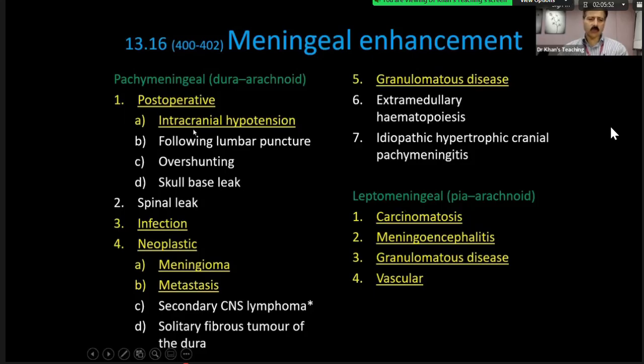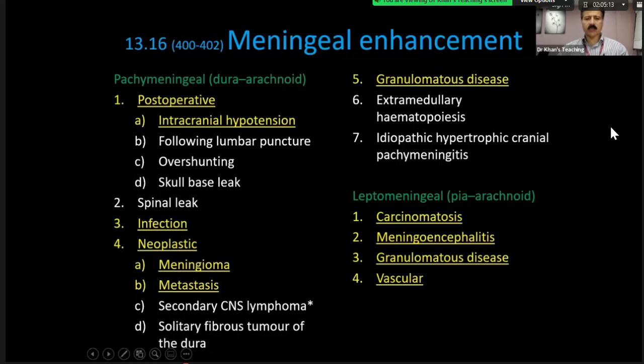Then we go into a few other things. Intracranial hypotension. This is extremely important. Till a few years ago, nobody got this case, and now it is coming. This is why I say the bar is going up and up. Many of the things which we used to consider beyond 2B are now expected. You are expected to know that. Intracranial hypotension, I will come back to this. But look at this: lumbar puncture, shunting, CSF leak, all of this is the same structure. So I'll come back to this.